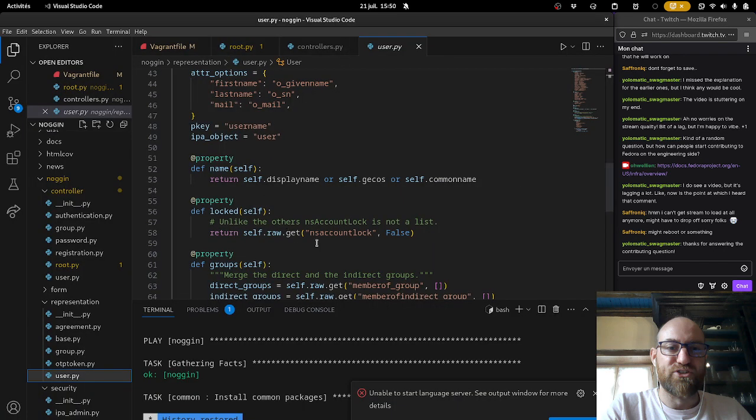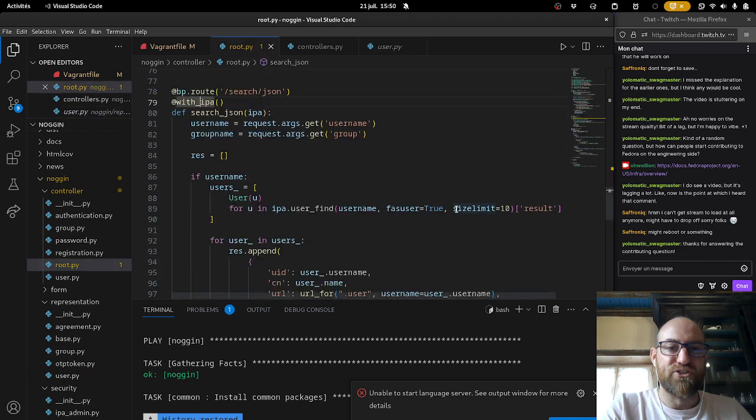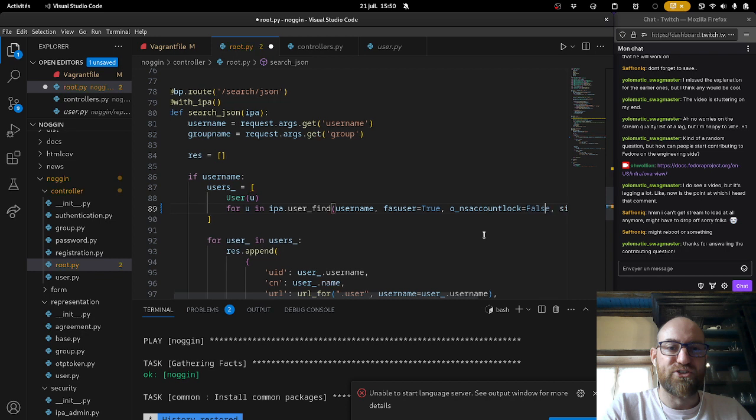So in theory, I could fix the bug by just doing o_nsaccountlock equal false in there, which means I don't want nsaccountlock to be true, I only want the false option. Okay, I'm not going to save that because first I want to reproduce my bug.